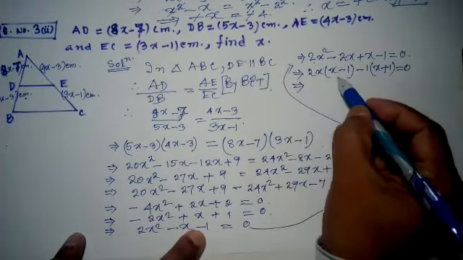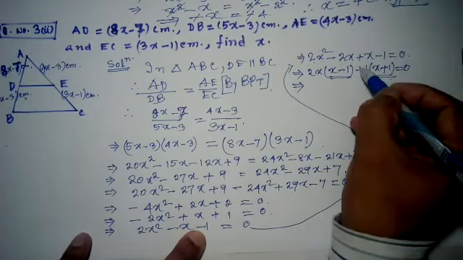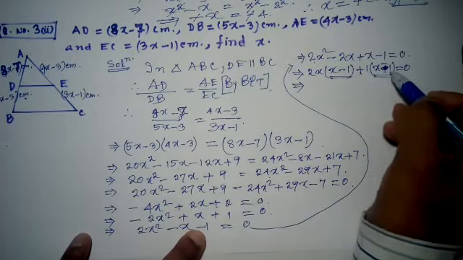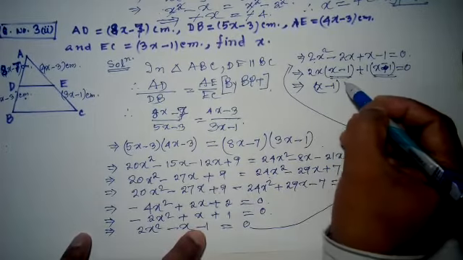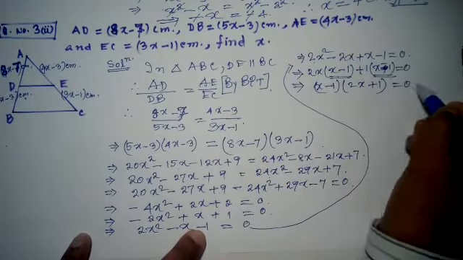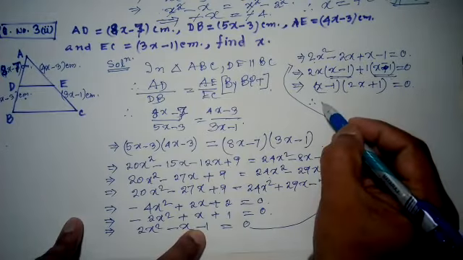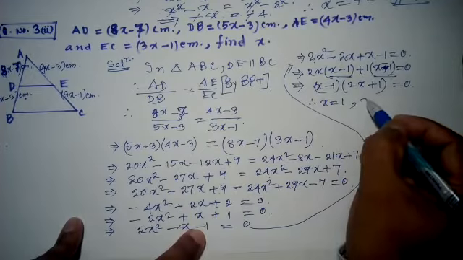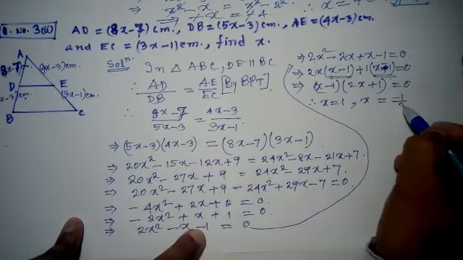Next line, inside the bracket, this and this are the same. Here it is plus, sorry, plus into minus will be minus. This should come the same, so x minus 1 and x minus 1 is common, we take it common, here 2x plus 1 remains is equal to 0. So from here we can get x minus 1 equal to 0, that means x will be plus 1, and from here we will get 2x is equal to minus 1, so x will be minus 1 by 2.